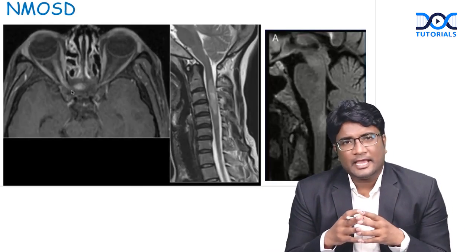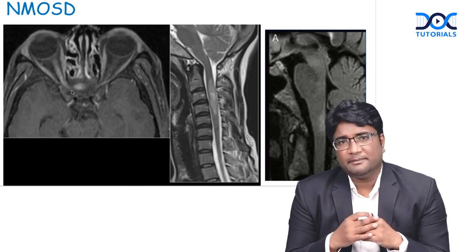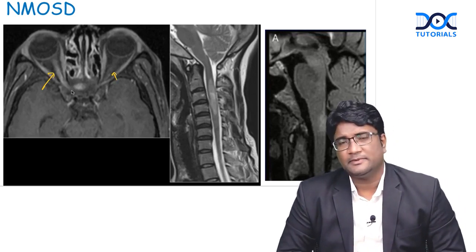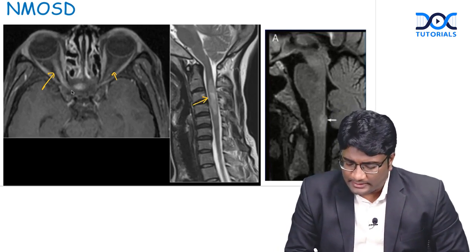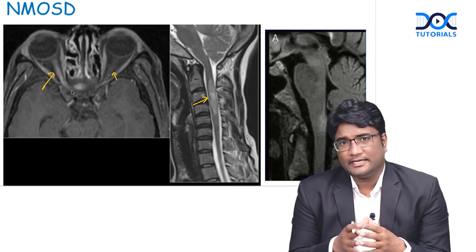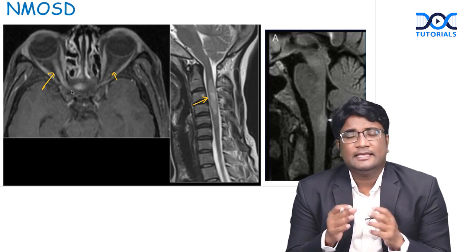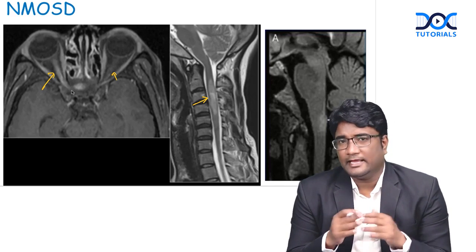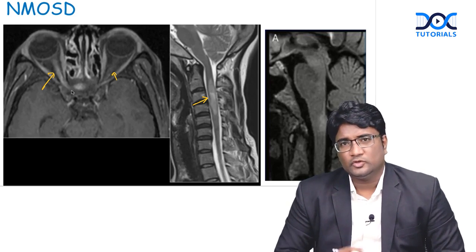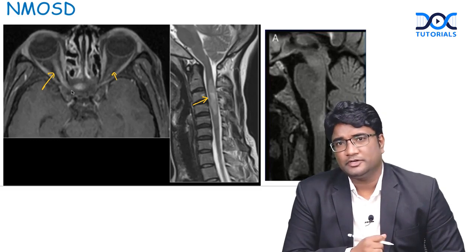Now let's understand the MR imaging findings in NMO, right? In NMO spectrum disorders, if you see the imaging, you will see bilateral optic neuritis. There are bilateral optic nerves showing enhancement and swollen appearance, and on the imaging of the spine, you see there is a long segment extensive transverse myelitis extending over 3 vertebral bodies. This is usually involving the cervical spinal cord in NMO. And you also see the involvement of the dorsal medullary region. The area postrema, dorsal medullary region, is also very commonly involved in NMO spectrum disorders.